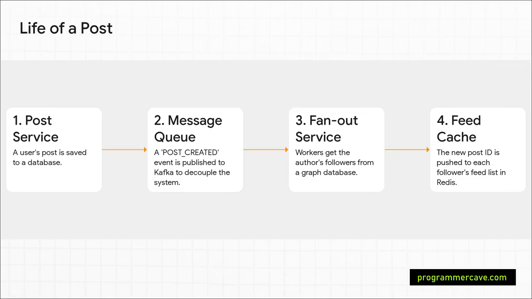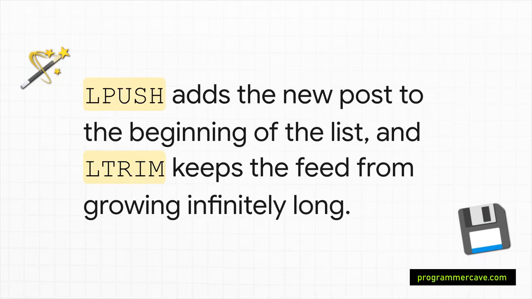Now, a totally separate fan-out service, which has been listening to that conveyor belt, picks up the message. It looks up all the author's followers, and for each and every one, it pushes the new post's ID into their personal feed list, which we keep in a super fast cache. And the perfect tool for that cache is Redis. Why? Because it's an in-memory database, which means it's ridiculously fast, and it has data structures that are perfect for this job,